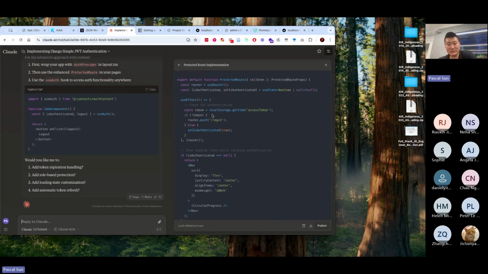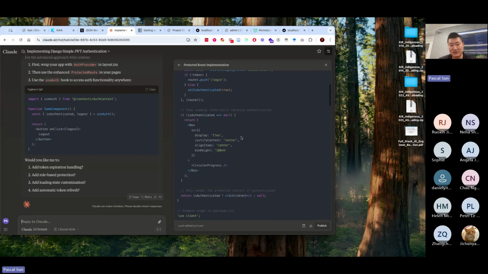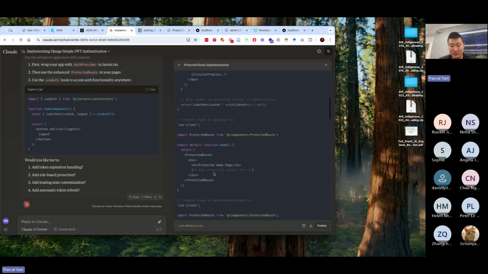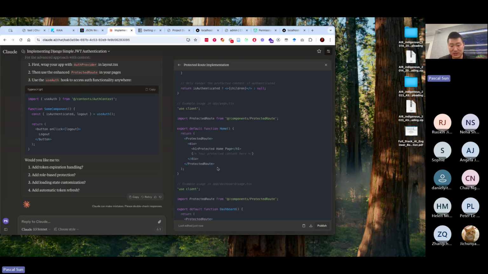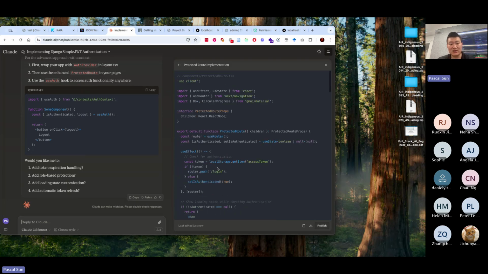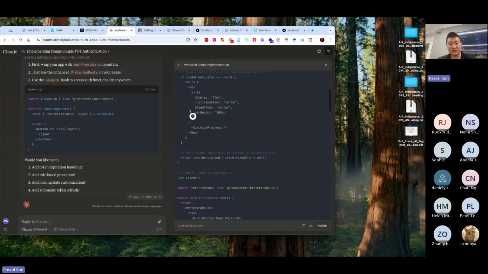What it does is it goes to check the access token, and then comes back and determines whether it's authenticated or not. Then in your pages, you just use these protected routers as a way to use it. So I will follow his instruction here. I copy the code,